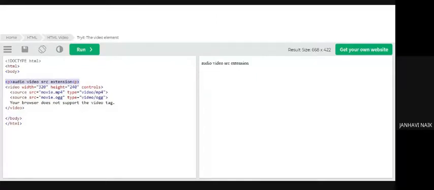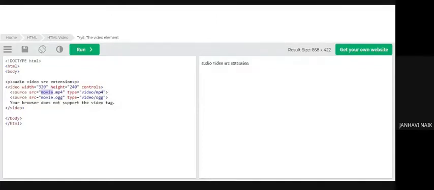There is something called src, that is source, the name of your file. If my file is a.mp4, then instead of movie over here, it should be a.mp4. And the extension, that is the type of video. If it is MP4, if it is OGG, specify the extension in the double quotes.